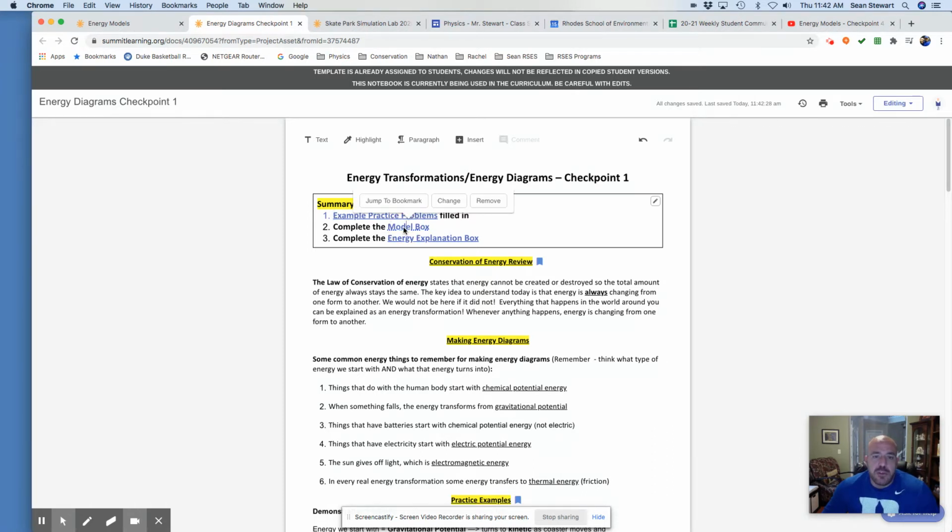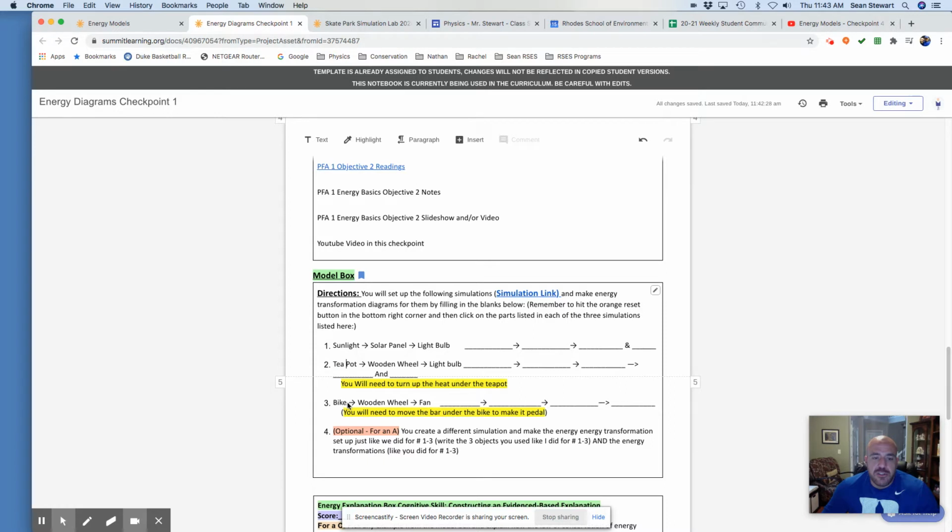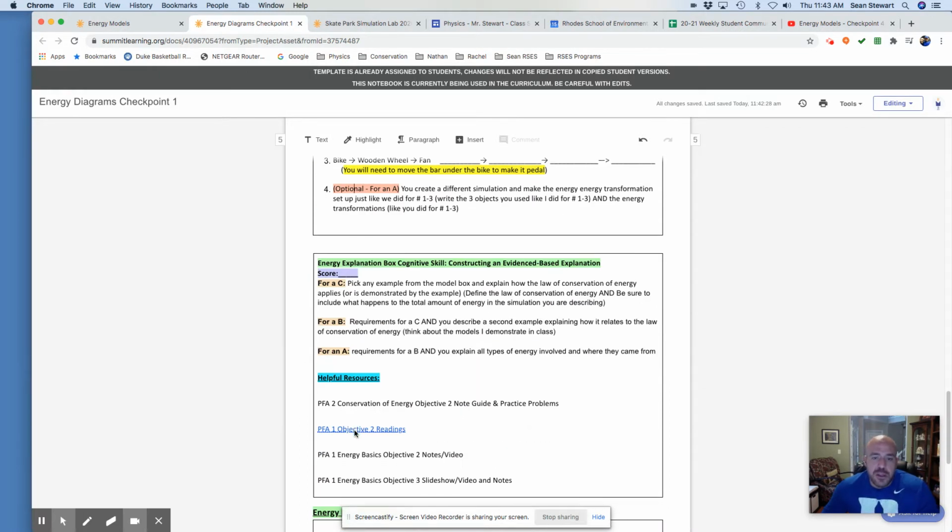Then there's a model box. Remember, if you click on these words, it'll take you right to there. So this model box is 3 sections you have to do. And notice there's an optional question. If you do this, you can get an A level on this type of cognitive skill. And last but not least,